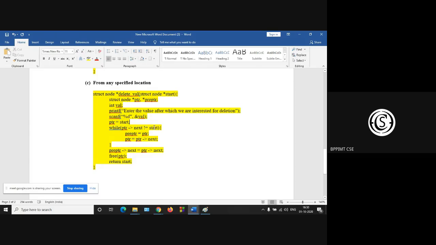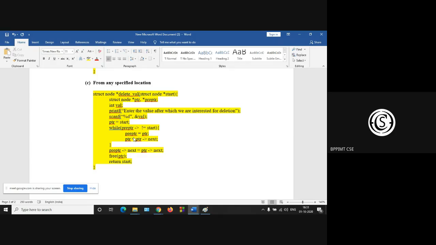Okay. Now PTR is equal to start, and while your pre-PTR... this will be pre-PTR, na? No, sir, it can be while PTR next not equal to value. Then it will be the same.